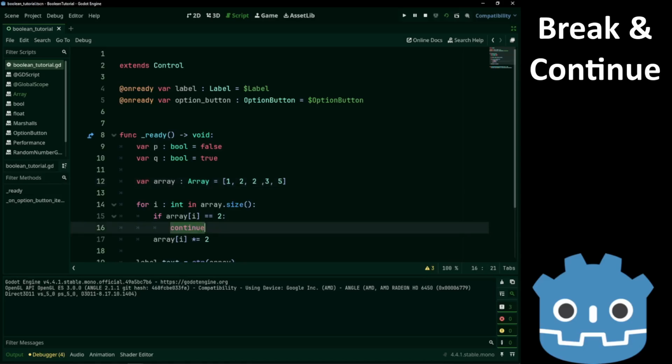Basically, once we find continue, anything below gets ignored, and we continue to the next repetition. You can kinda see it like a break, but only for one repetition.